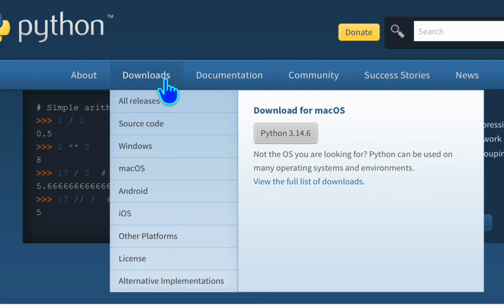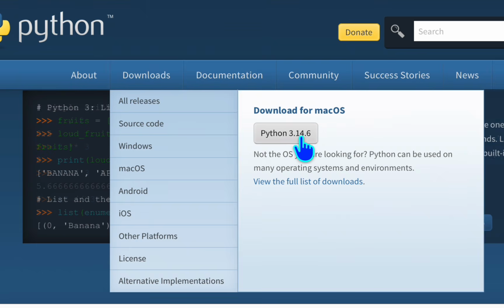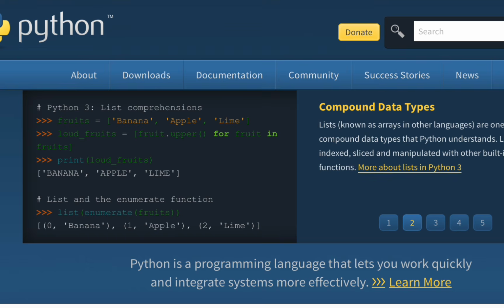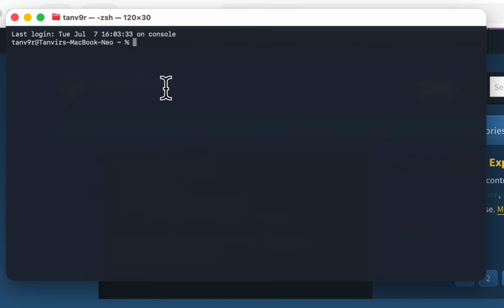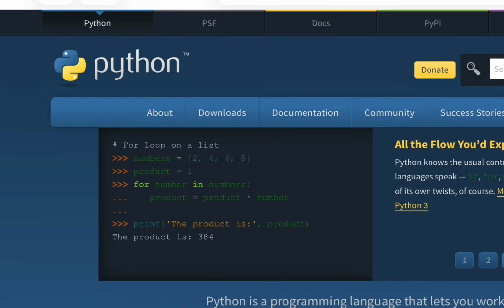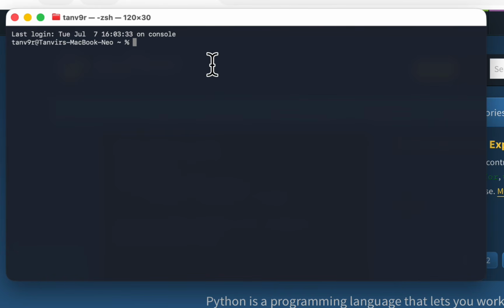If I hover on downloads, you can see I have here 3.14.6, right, Python. So I have to click here download, and then it will start downloading, and then we have to install it. Now how can you ensure that you have successfully installed it or not? What you have to do is, let me show you. Go to the terminal and say here Python